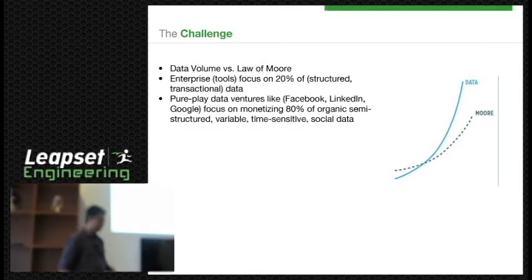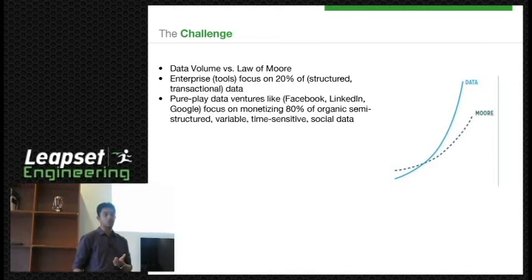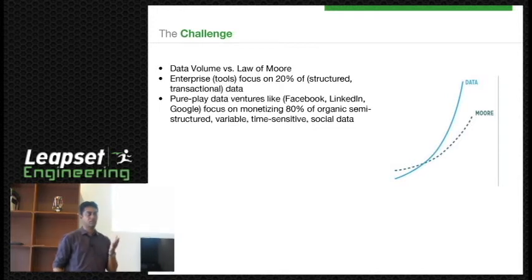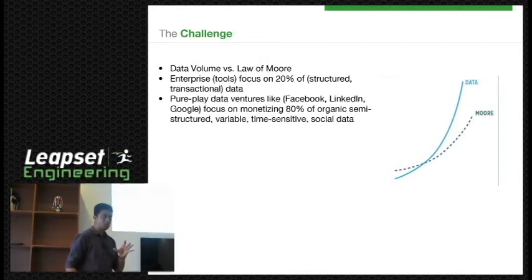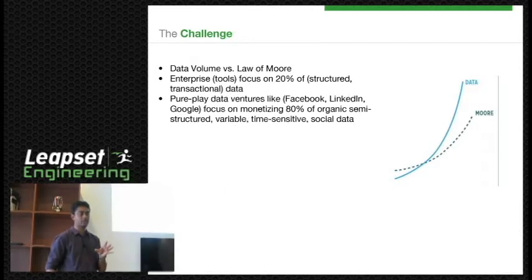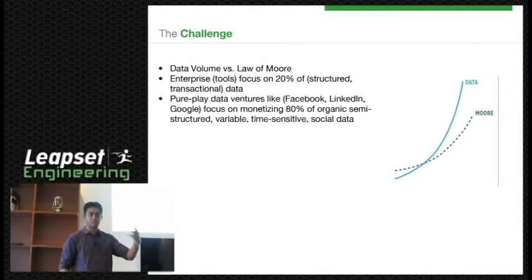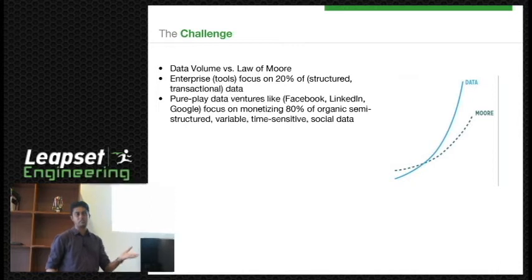So what's the challenge? Are you guys aware of Moore's law? Back in the 1960s, Intel's chairman came up with Moore's law. He said that every 2 years the processing power will double, right? But the data growth beats that, so you can imagine the challenge there. Right now the enterprises cover only around 20% of the data. We are able to capture only about 20% of the data. 80% of the data lies elsewhere in unstructured forms, right?